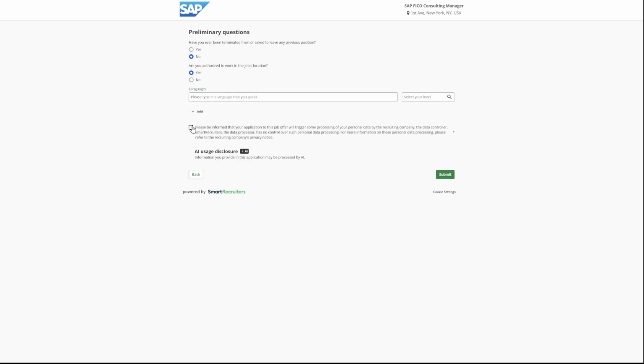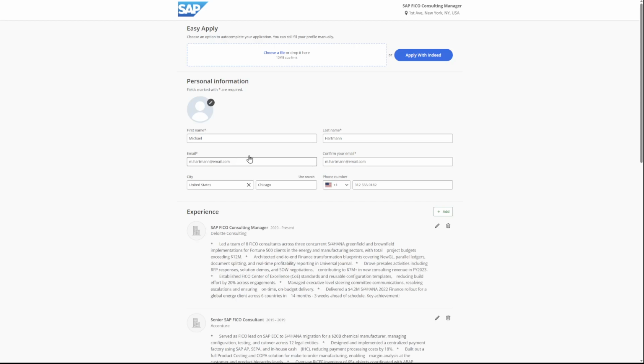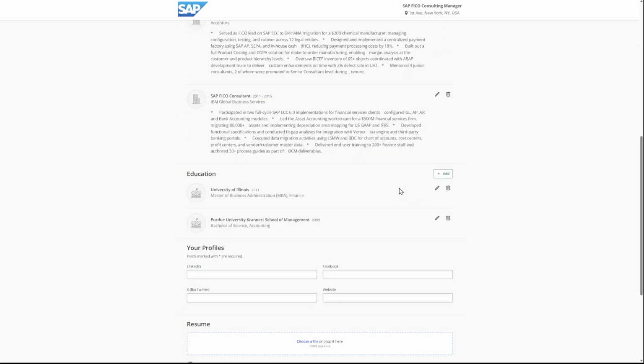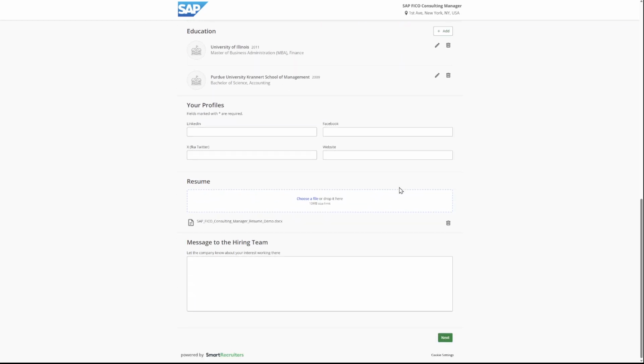And then there's a checkbox and an AI usage disclosure, that the information you provide may be processed by AI. And then you can hit the submit button. So when I look at it, it's actually a pretty straightforward application process. And I think the fields are pretty straightforward in terms of having the core information that you need along with